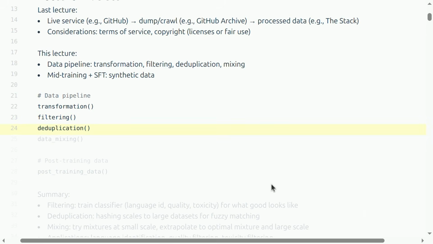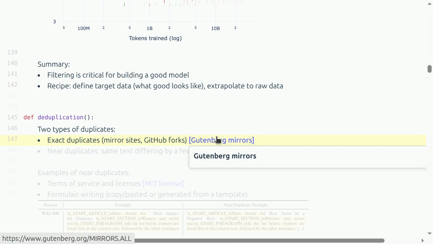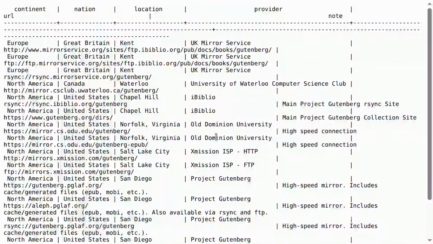Okay, next I'm going to talk about deduplication. At this point, we have filtered our data set, so we only have what we deem to be high quality data. But often data still has duplicates in it, and there's two types of duplicates. There's exact duplicates. This happens when, for example, if you look at these mirror sites, the whole point of